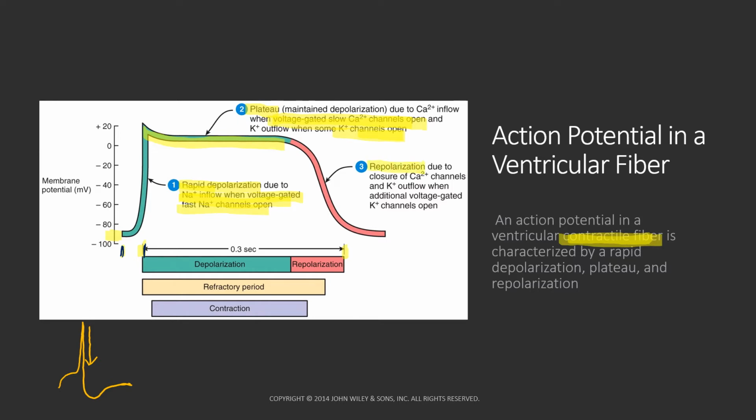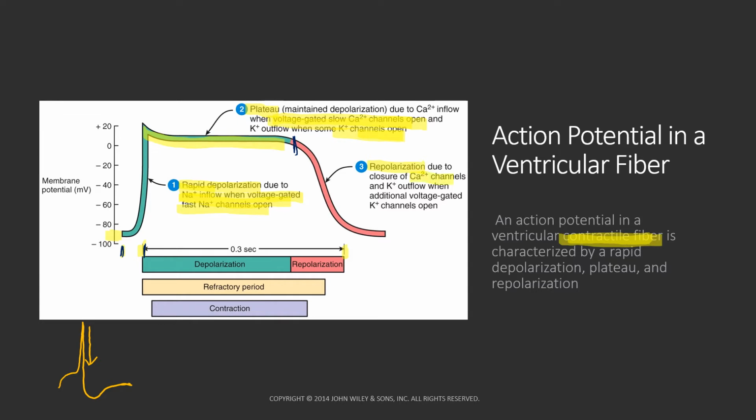Now, the final step of an action potential in a contractile fiber is going to be the repolarization phase. So the recovery of the resting membrane potential is during the repolarization phase of a cardiac action potential. This looks pretty close to other excitable cells like neurons. So we have this delay, which is really quite long in cardiac muscle because we have this plateau, but this is where we have more potassium channels open. So here we're going to have more of those potassium channels opening, and some of those